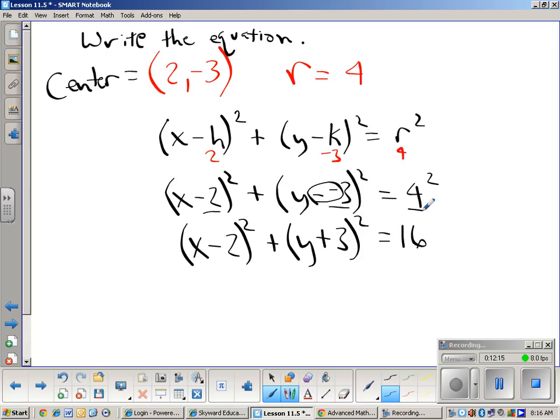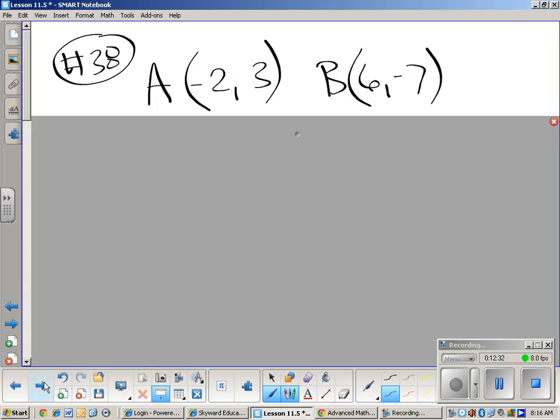If they ask for the equation, that's all they're asking for. And if they give you the radius and the center, it's pretty straightforward, simple stuff, isn't it? Unfortunately, life isn't always that way. Does it get harder? Did you get harder? They give us one like this. Number 38 out of the book said,